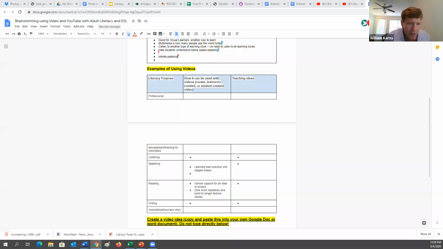Oh, looks like examples of how you're using these videos, for curating content and just ideas for how you can use them in your own classroom. Yeah, so if the link doesn't work for you, please type in the chat window. We're looking there constantly. So examples of using videos, what are your ideas? Just type them in this box right here.